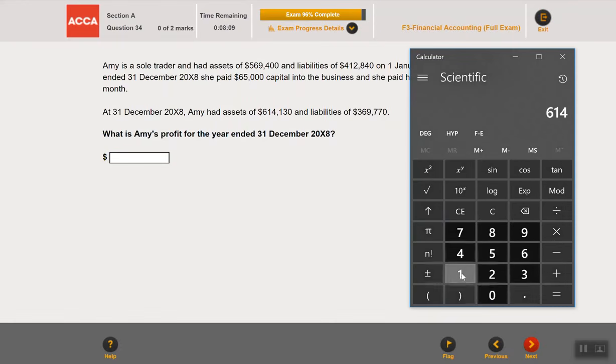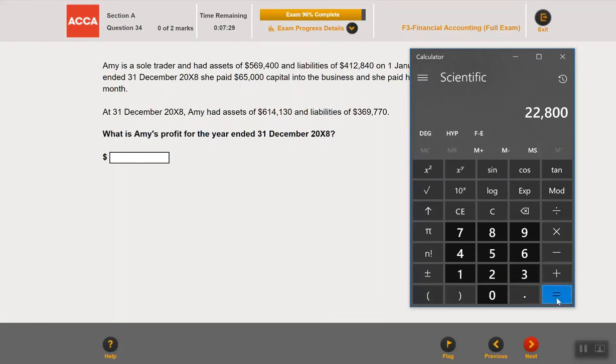So we calculate the closing capital, which is 614,130 minus 369,770. It gives us 244,360. This is the opening capital. So this is the closing capital minus the opening capital, which is 569,400 minus 412,840. So it gives us 156,560 minus 65,000